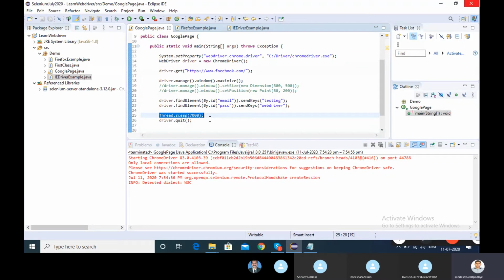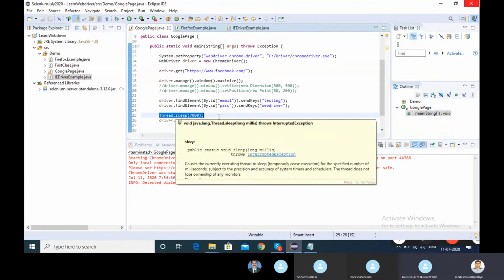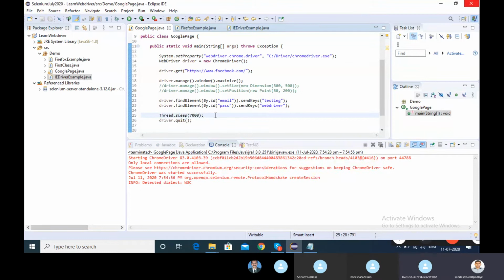But just keep in mind, Thread dot sleep is a temporary sleep, whatever the time we have provided. Thread dot sleep is not a proper way to give a wait or halt for a particular time. For time being, or if any condition is not working, for checking purposes, we can use that. Is this clear? Yeah, it is clear.